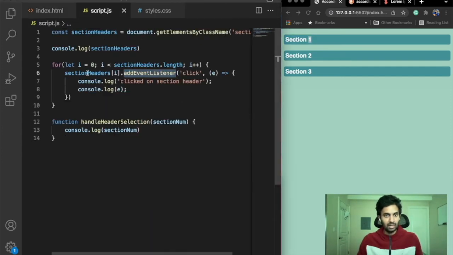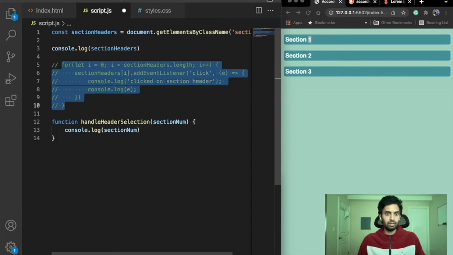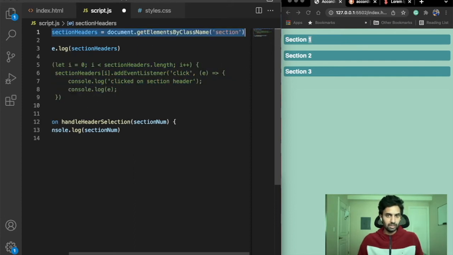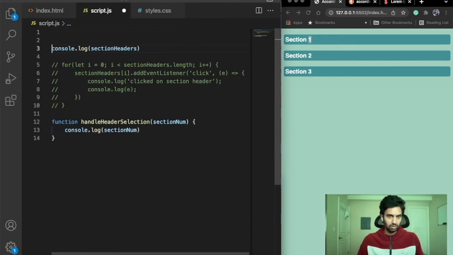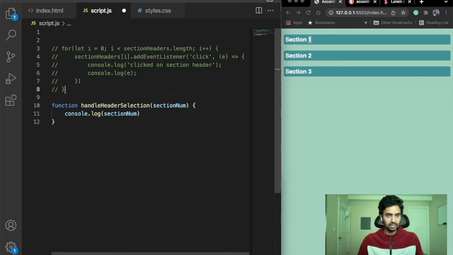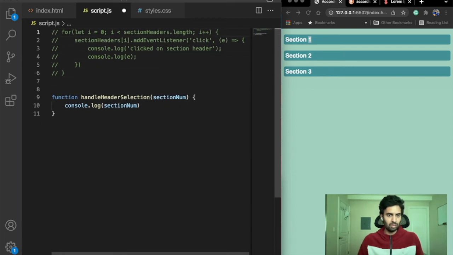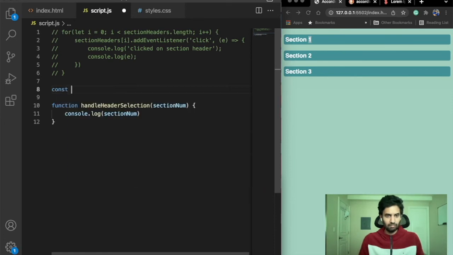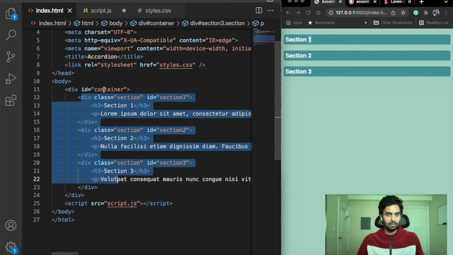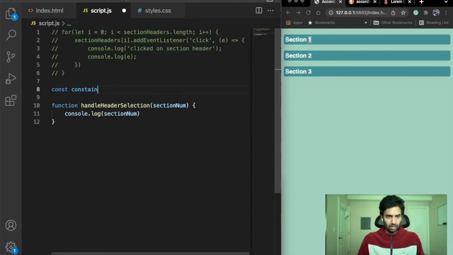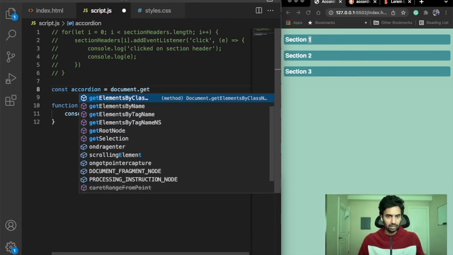To demonstrate that, let's go back and comment out the for loop here, and I'll totally get rid of this code and start on line number 7 or 8, where I'll target a parent element of these sections. In this case, it will be the container. I'll call this accordion, where I'll create document.getElement